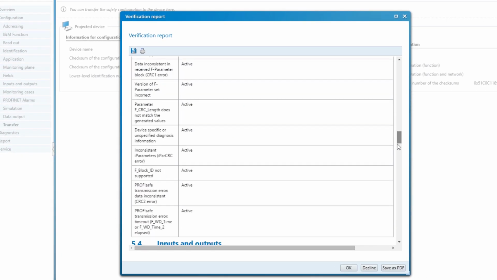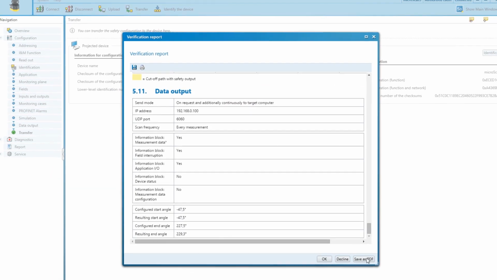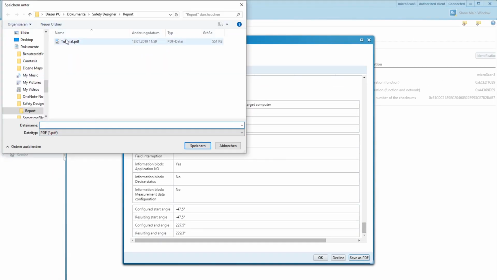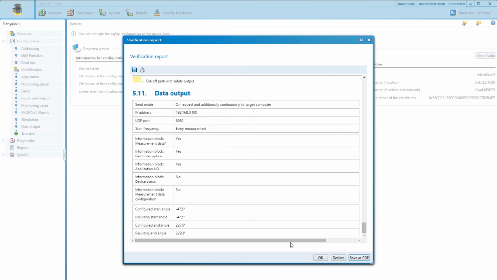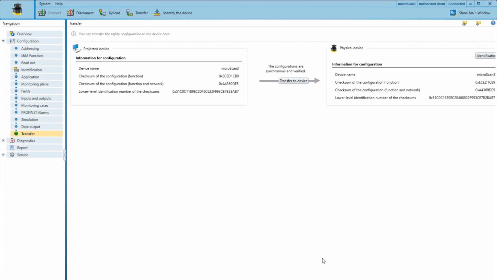Read the verification report carefully, check it for configuration errors, and then save it. Clicking on Confirm will transfer the configuration to the safety laser scanner.